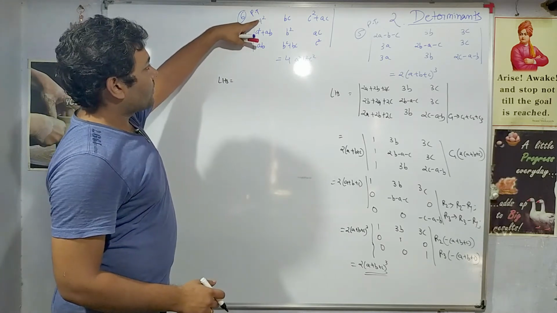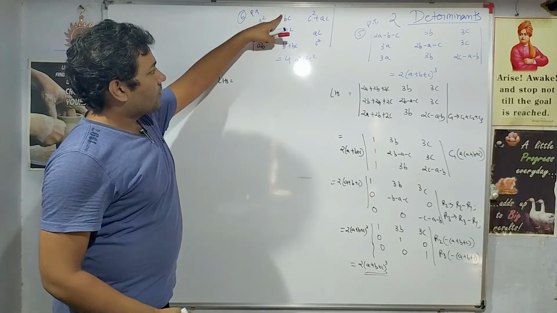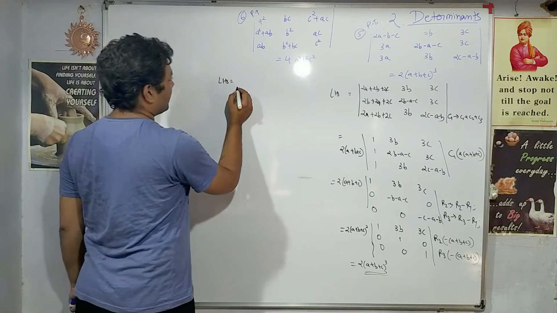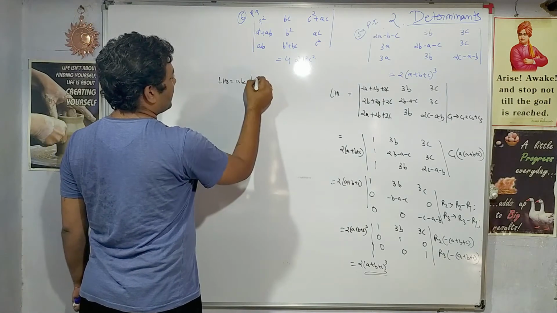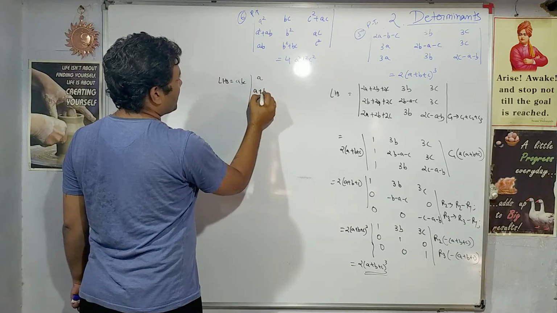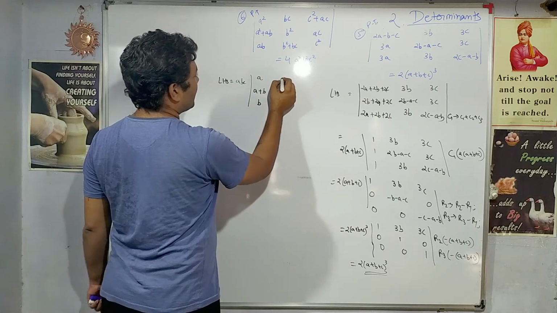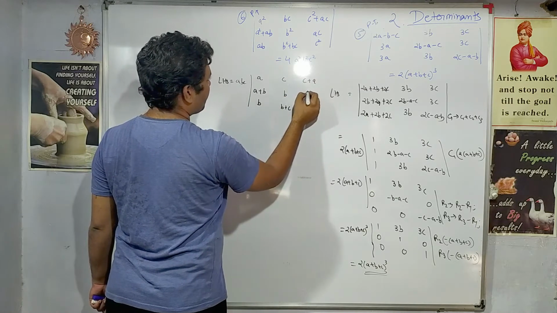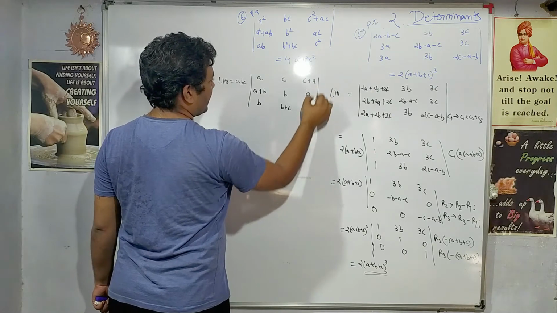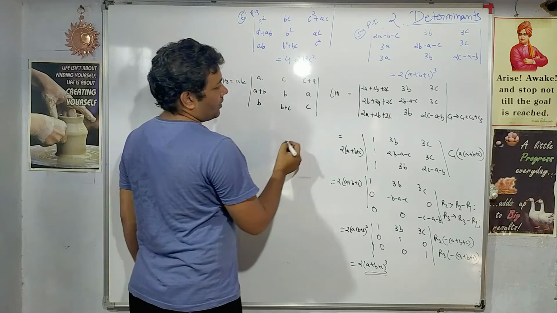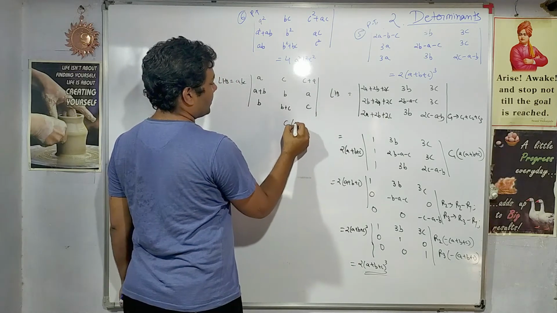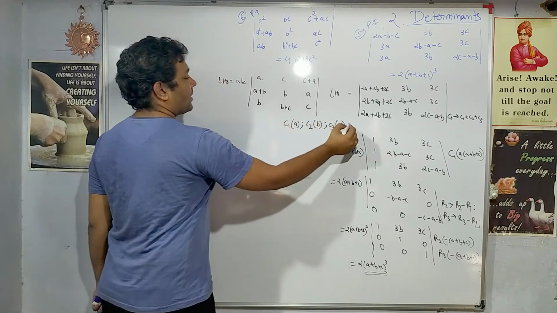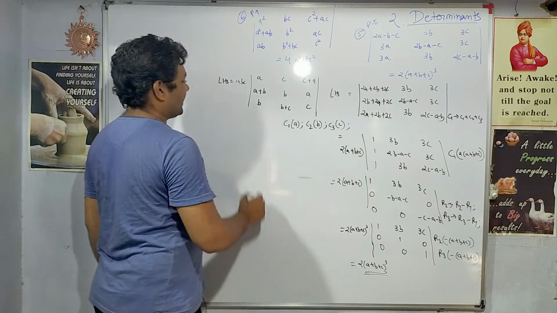Now see, if you visualize the first column, you can take out a common. From the second column you can take out b common, and from the third one you can take out c common. So let us do that. So if I have a, b, c common, here it will remain a plus b, then here b, then here b common, then c, b plus c, and then here c common. So c plus a, a and c, right? What operations have I done? From column 1 I have taken a common, from column 2 I have taken b common, and from column 3 I have taken c common. Either you write it in words or in such symbolic form, it's valid.